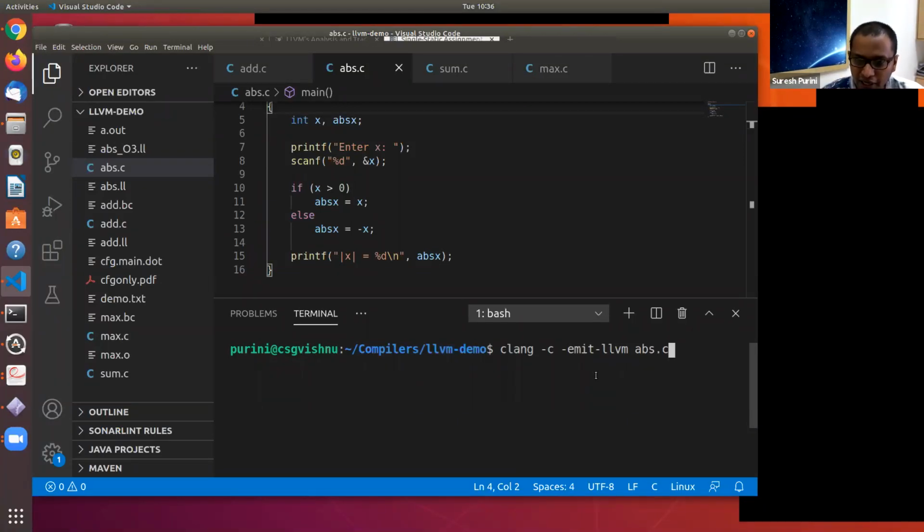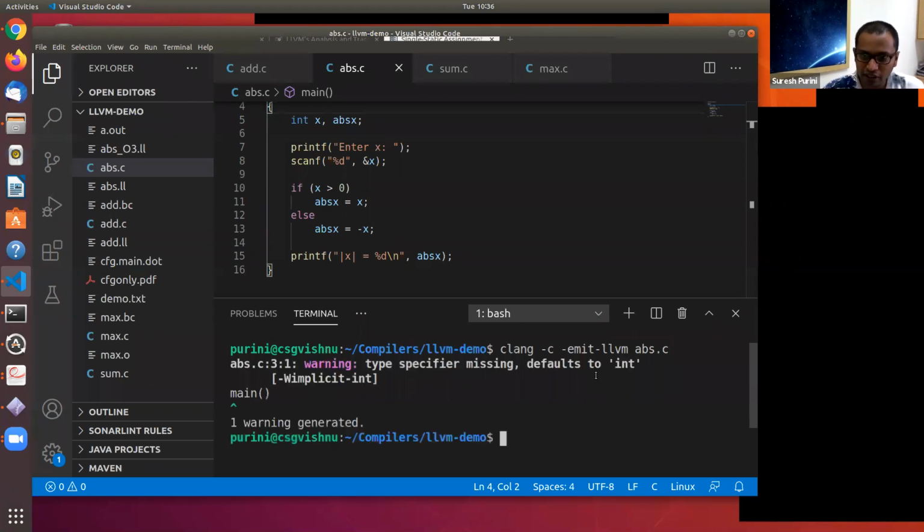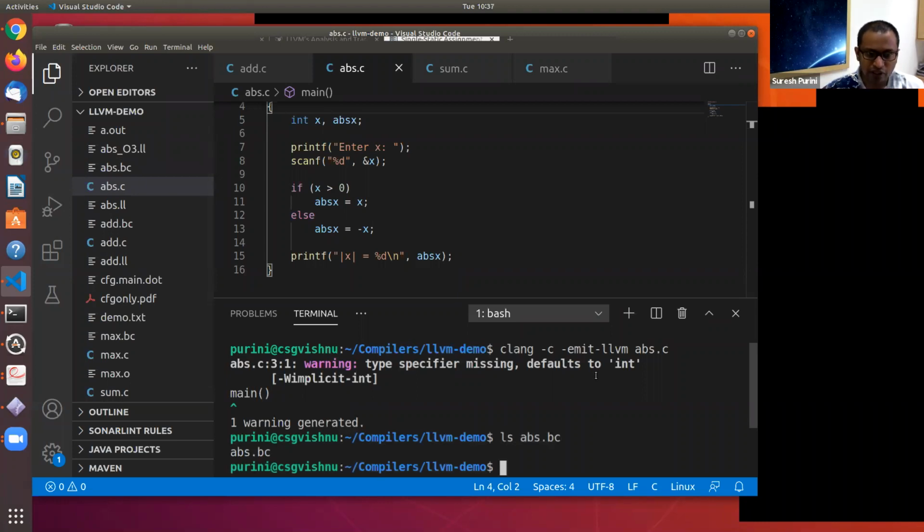That means it generates the LLVM IR. When we compile this, you will see abs.bc with ls. That abs.bc is LLVM IR in binary format. So .bc files contain LLVM IR in binary format.